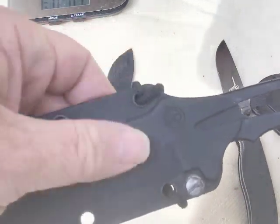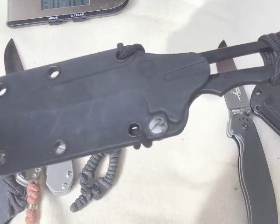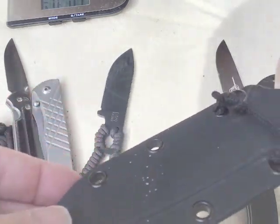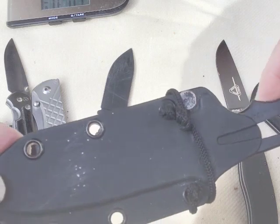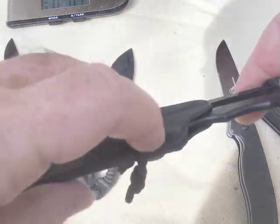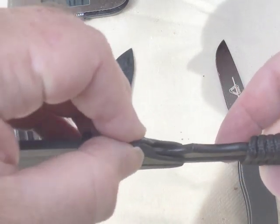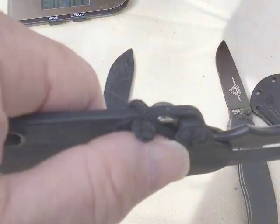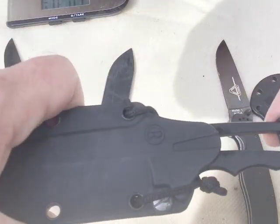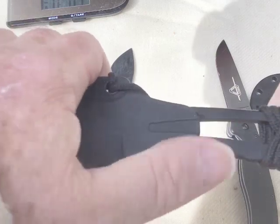They made it shorter, and I think the sheath is a different plastic, a bit softer. You'll see some comments online, going back in the forums a couple of years, about how the knife easily popped out here. One of the suggestions was to put a little bolt in here. So I got this bolt to put in, and that tightens up this gap and makes it fit better. Then I put this cord on, which can loop over the top there, like a secondary retention so it can't easily just pop out. But apart from that,